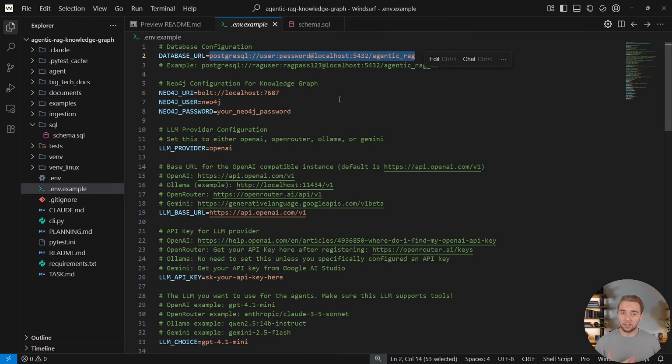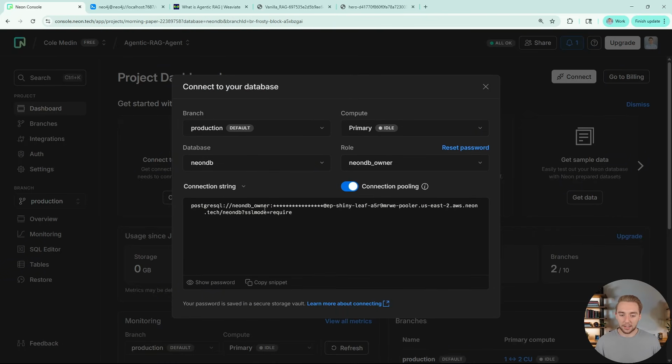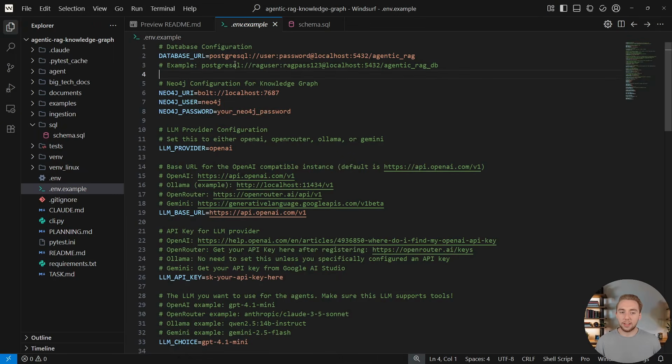Now, the way that you get this connection string is going to change depending on your platform, but most of the time they make it really easy for you. Specifically for Neon, since that's what we're using right now, when you go to the dashboard tab for your project, you can just click on connect and then copy the connection string here. Just make sure that you show your password, or you can manually replace the stars. But yeah, you just copy this connection string,